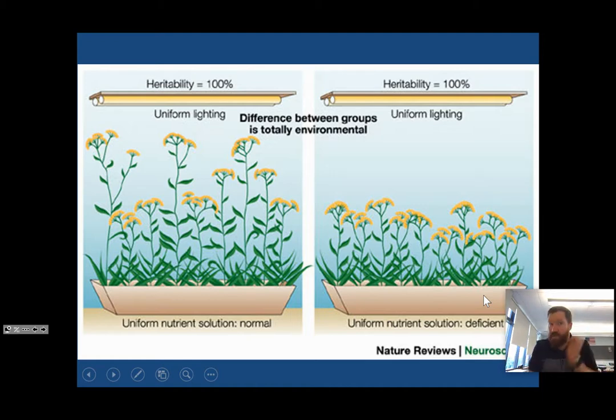Most people look at this image and say, oh, okay, heritability. Tall plants, good soil, good lighting. Shorter plants, bad soil, good lighting. That's heritability. No, it's not. That's environmental differences, okay? Heritability, again, within the population, the difference of a trait and its relationship to its genetic